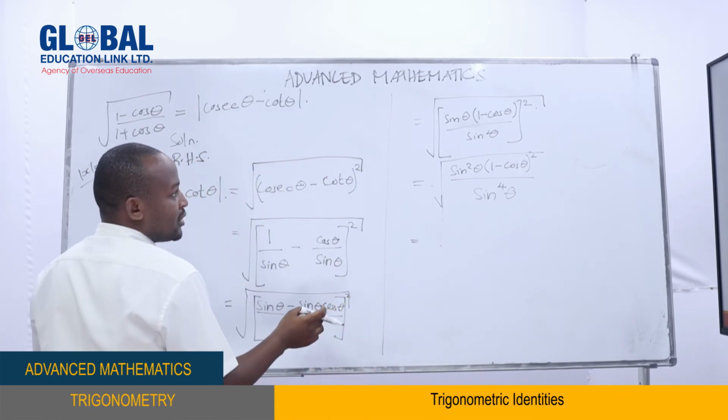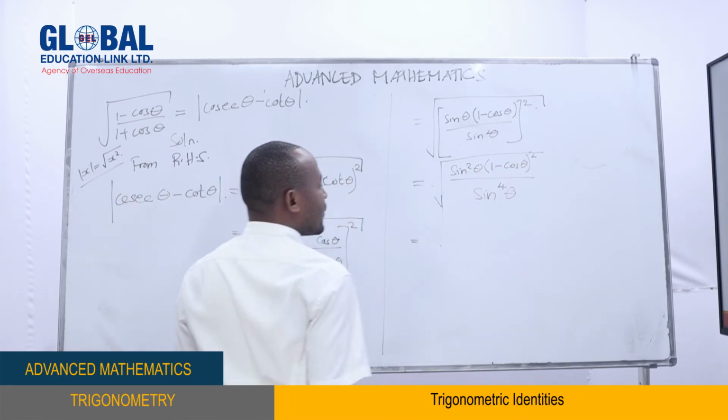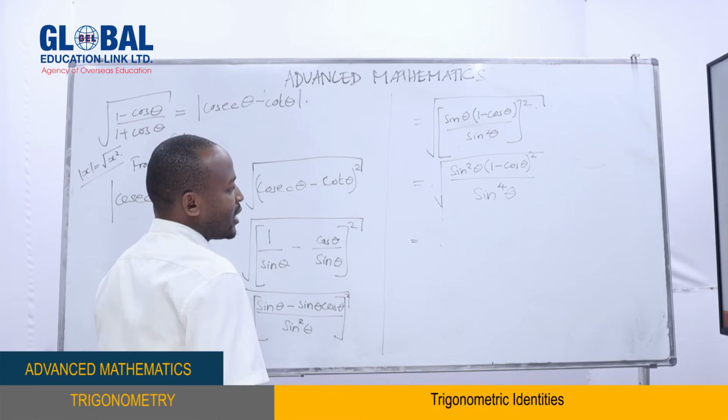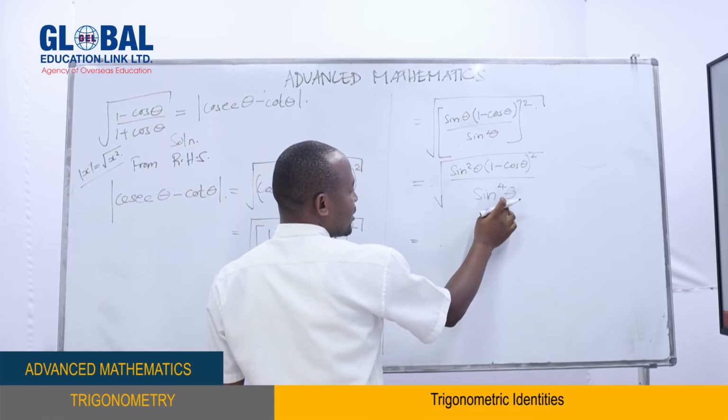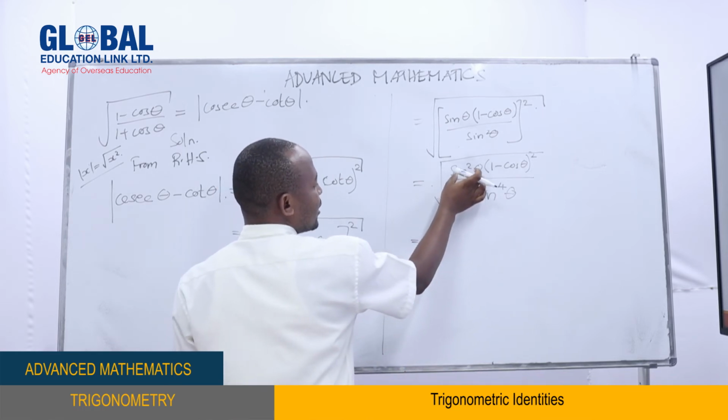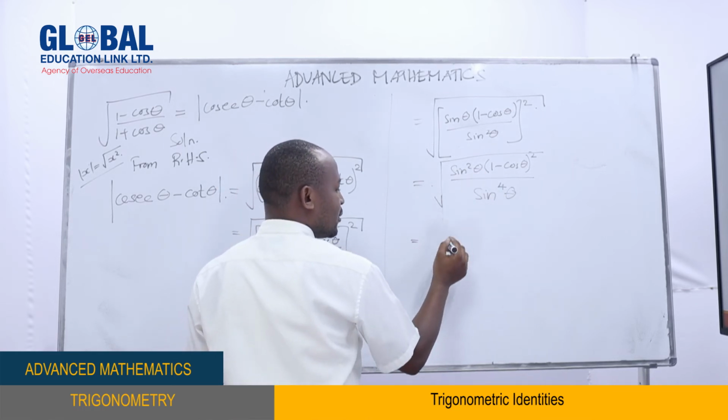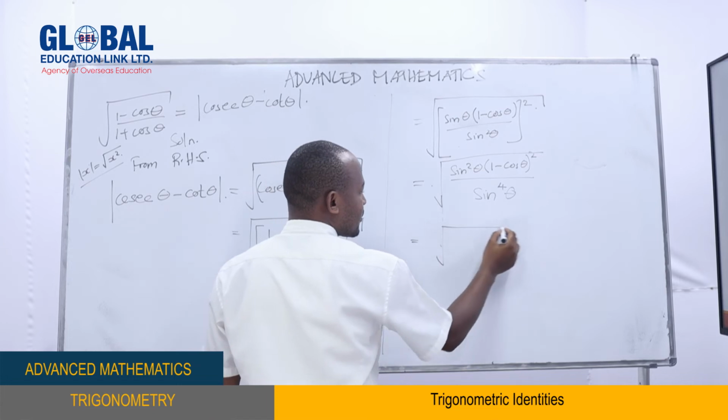I have already used the square there. We have a square there and then raised to 4, so the 2 from there and the 2 from there will go. That means we'll be left with